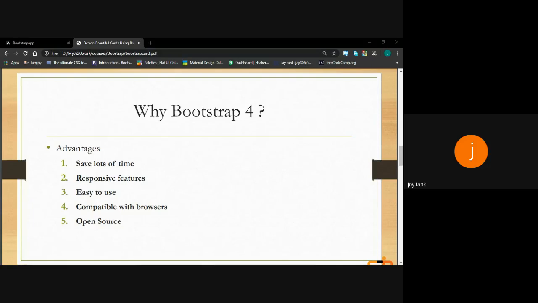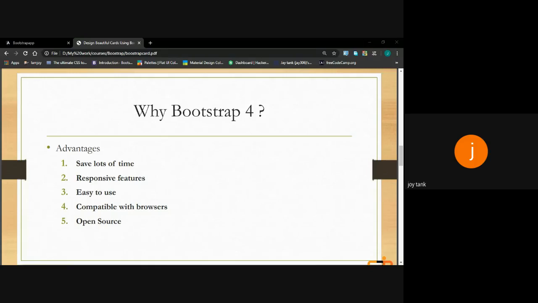Fifth, open source. Open source means it can be used from anywhere. It is free, meaning you can just import it in your file and directly use it within your project, and it's completely free. They are not charging anything to you, so it's very good for us to use.